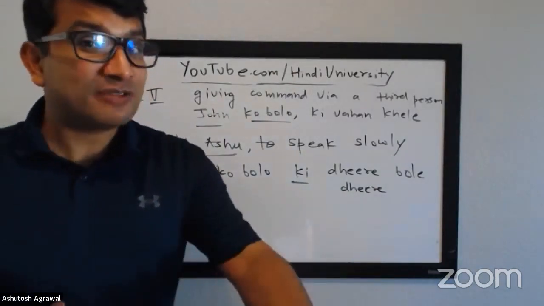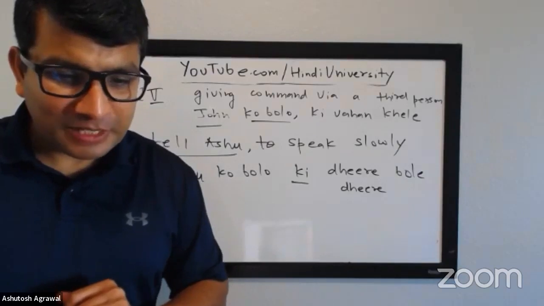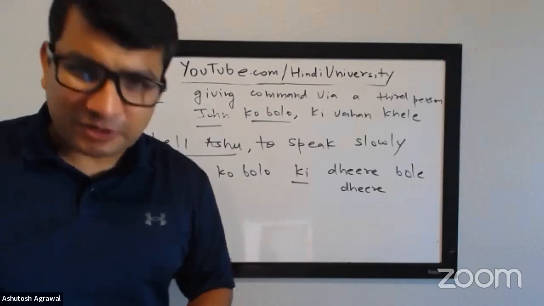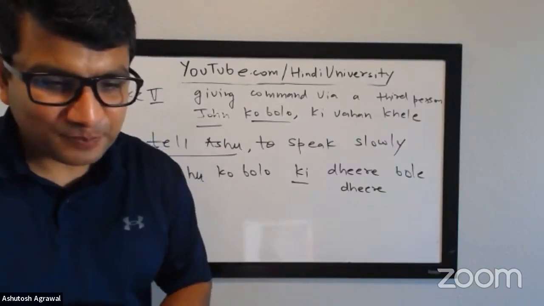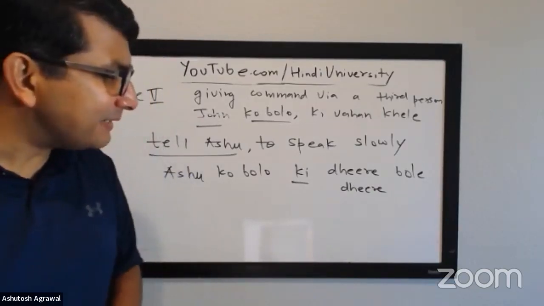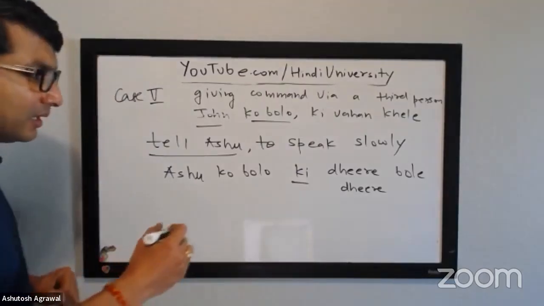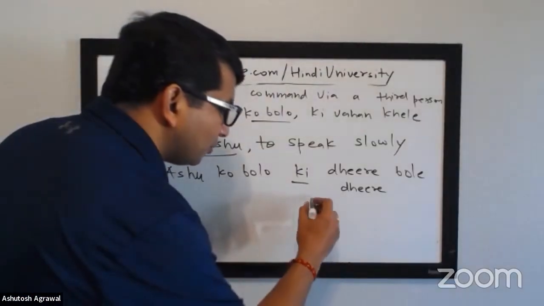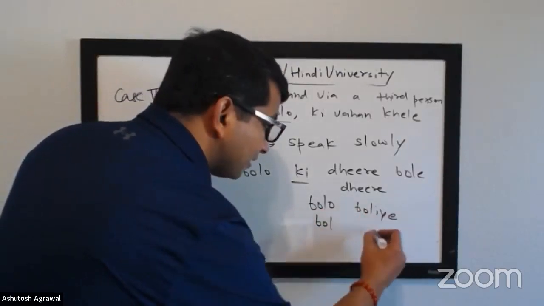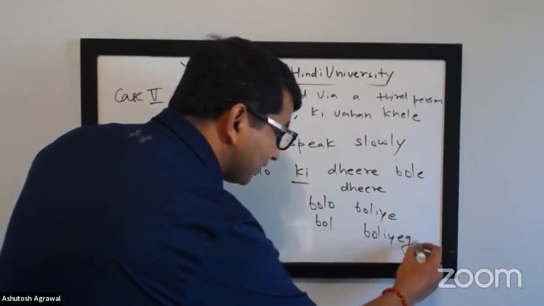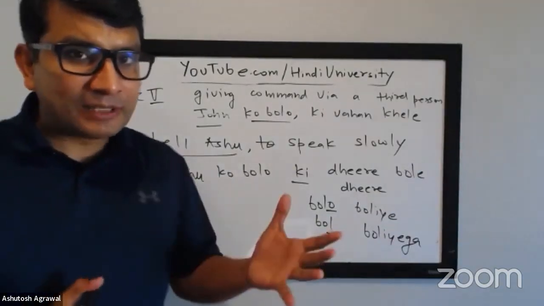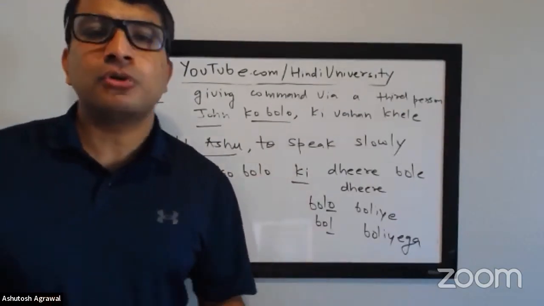Okay, you could perhaps give this command to me directly also. But the situation is that you want to tell it to someone else. आशु को बोलो कि धीरे धीरे बोले. How would I say it directly? If you're saying it directly, you will use imperatives. Ashu ji, either you can say धीरे बोलो, or धीरे बोल, धीरे बोलिए, or धीरे बोलिएगा. Those are slightly different forms of the verbs, but right now we are playing around with the subjunctive, which is also known as the optative.